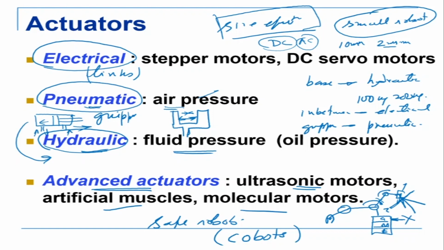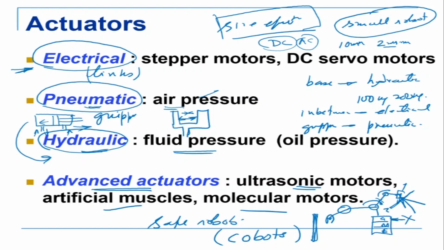Okay, so in such cases, there are a lot of challenges and a lot of new robots being developed which are safe in terms of design of actuators, in terms of design of gearboxes, in terms of controller stiffness, which we will come to when we come to control systems. Okay, so please note that there are different kinds of actuators, and depending on how much energy you want, you can choose a particular kind of actuator. We'll start off with electrical motors, then move to pneumatic, hydraulic, and then advanced actuators.